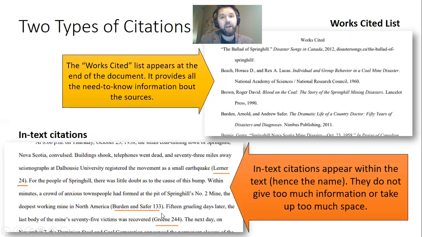Now, in other classes in college, you might encounter other types of formats besides MLA. There's APA format and Chicago style, the two most common. There's also AAAS, there's ASA, there's AMA. Yeah, there's all different types of formats that you may come across in college. So the idea here with learning MLA formatting is not to memorize it so that then you can go forward and do every single thing you ever write forever in the correct format, because some instructors aren't going to want MLA format. They might want a different type of format.